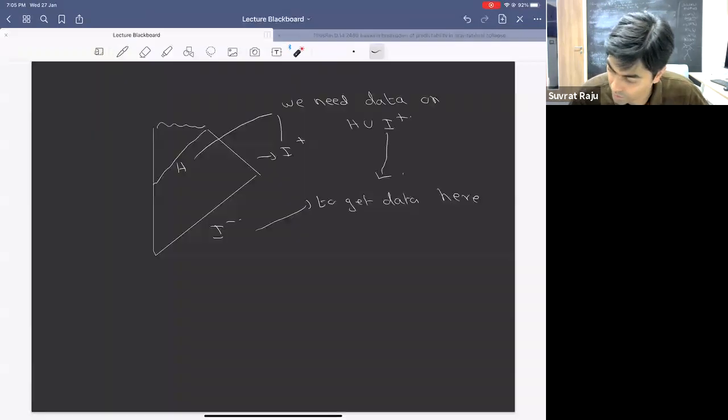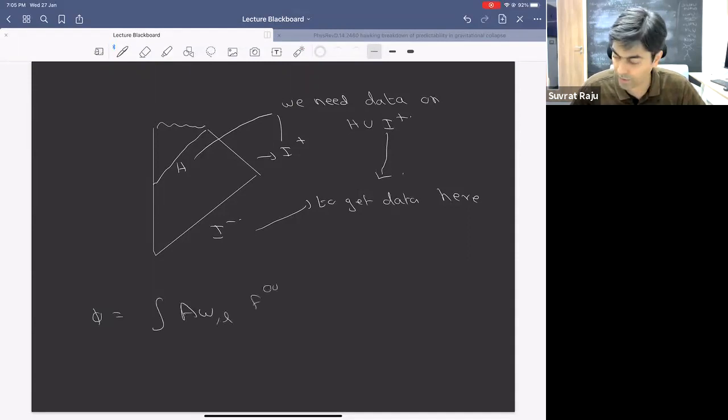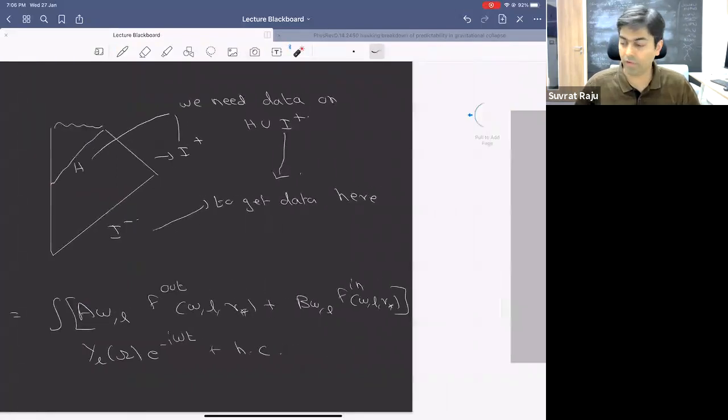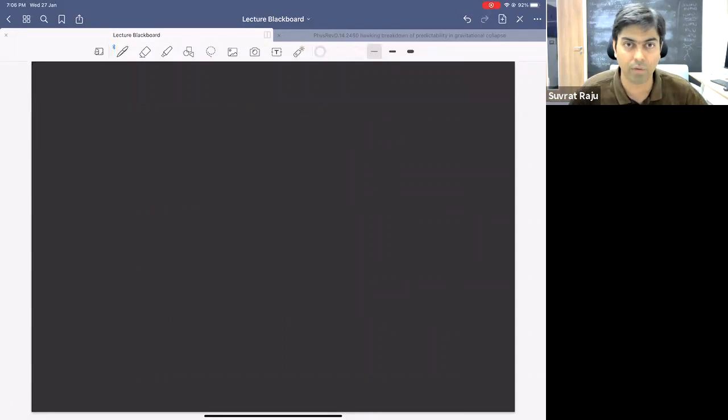Okay, so remember that in the first few lectures we expanded the field in terms of these modes, which we call A omega L, multiplied with some functions F out, and then some other modes multiplied with some functions F in, and these were multiplied with some spherical harmonics, and there was a Hermitian conjugate. Our derivation of Hawking radiation was in the end a derivation of the occupancy of these A omega L modes. What we did was maybe slightly simpler technically than what Hawking did. We defined some small A omega Ls,